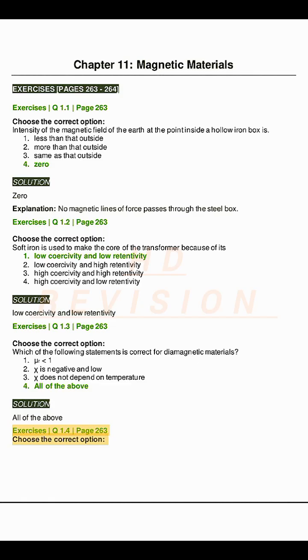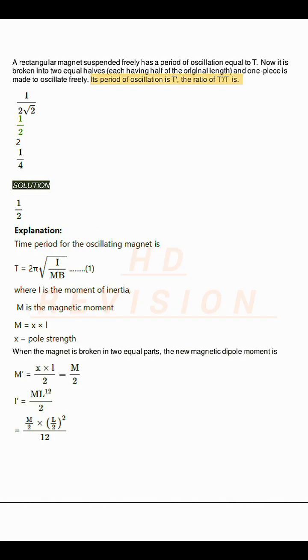Exercises Q1.4, page 263. Choose the correct option. A rectangular magnet suspended freely has a period of oscillation equal to T. Now it is broken into two equal halves, each having half of the original length, and one piece is made to oscillate freely. Its period of oscillation is T'. The ratio of T' to T is? Solution: When the magnet is broken in two equal parts, the new magnetic dipole moment is